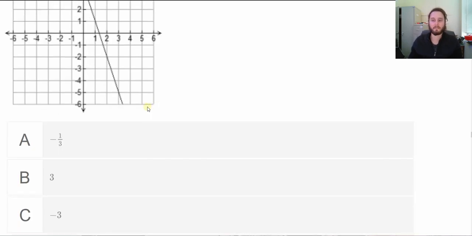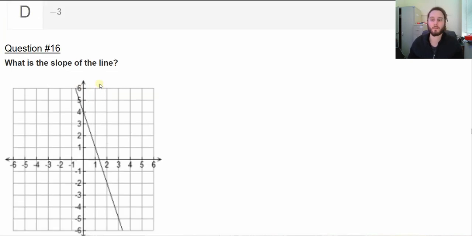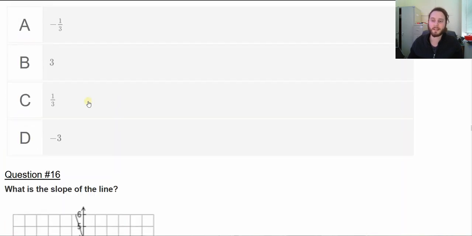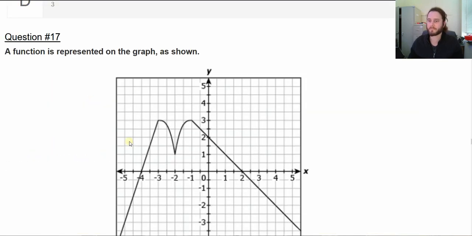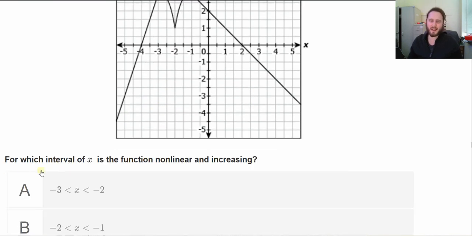All right, this one we are going down by 3 and to the right by 1. So rise over run, down 3, right 1, so that's -3 over 1, which simplifies to just -3. No, I did not plan that out for 15 and 16 to be -3. Number 17, it shows us this weird, funky looking M-shaped graph, and it asks which interval for x is the